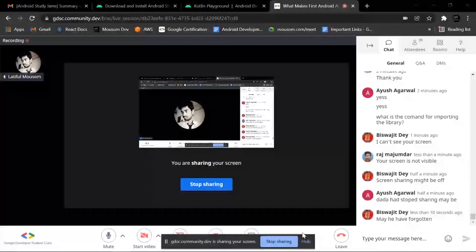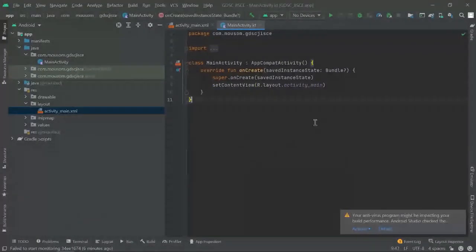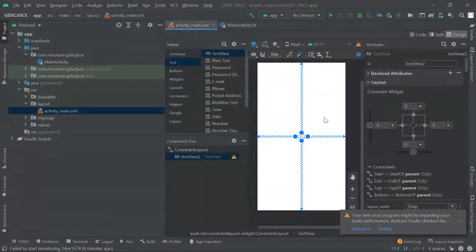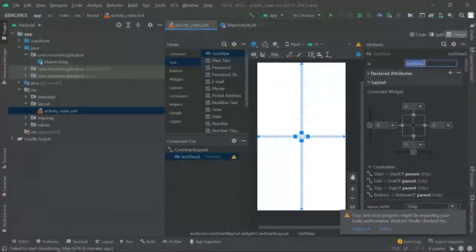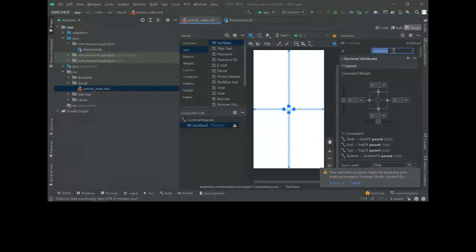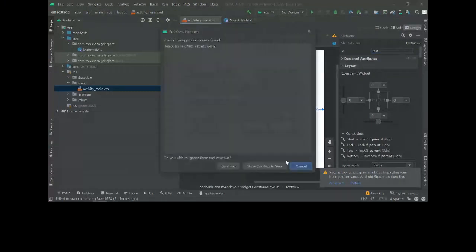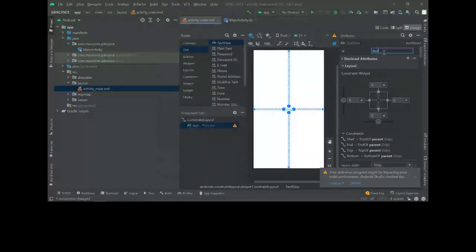Okay, screen is not visible. If I click on this component text view, then you can see there is an ID. I can change this ID to something like text, and I have to use this ID inside this MainActivity.